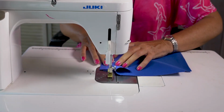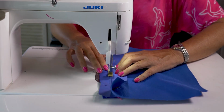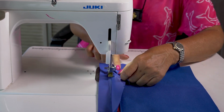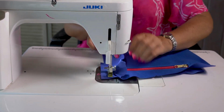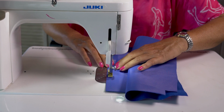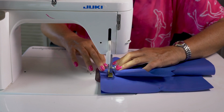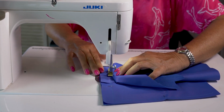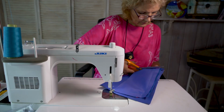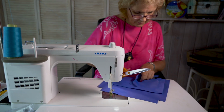Starting from the top. Trying to go as close as we can. When we come to the side, we keep a little eye out, see where we should pivot. And be a little careful over the zipper. Take the pins out. We can tidy up here along the edges, top, side, and the bottom